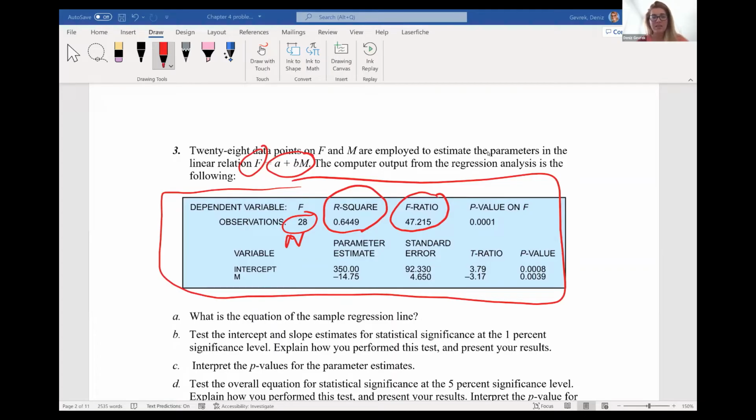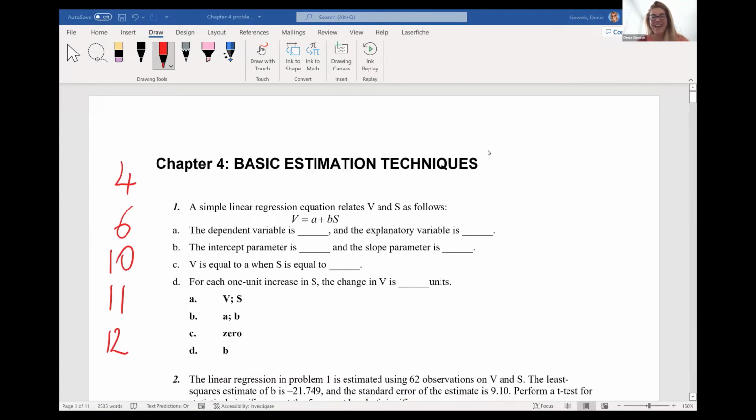Discord and on Cloud. Okay, so as I said, this is chapter 4, basic estimation techniques. Sonia and Megan are here. Thank you for coming. We're going to go over questions 4, 6, 10, 11, and 12, and then, you know,